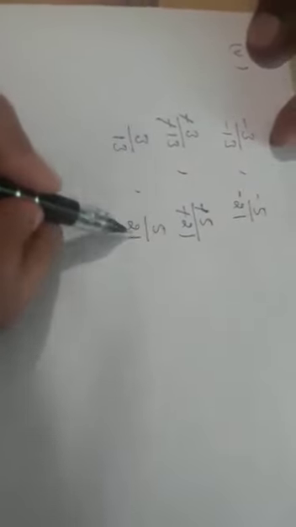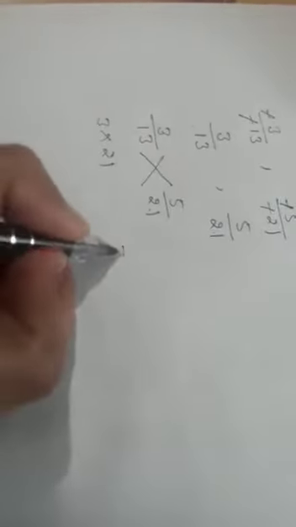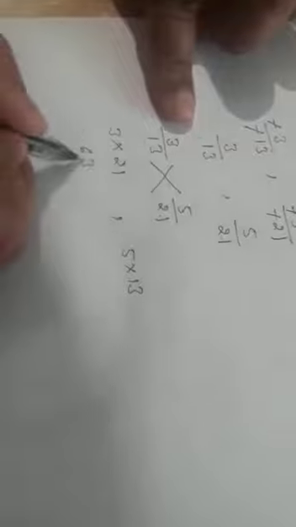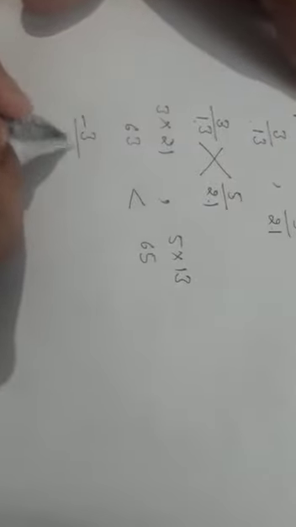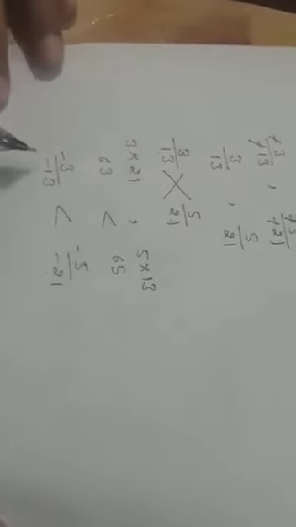Now you can see that the denominators are positive. Now we will cross multiply 3 by 13 and 5 by 21. Now 3 multiply 21 and 5 multiply 13. Always remember that whenever you multiply 3 you will write it on this side, and whenever you multiply 5 you will write it on that side. So after multiplying it will be 63, and after multiplying it will be 65. Now you can see here 65 is bigger, so this side's rational number is bigger. So you will write minus 3 by minus 13, this sign, minus 5 by minus 21. That means this rational number is bigger than this.